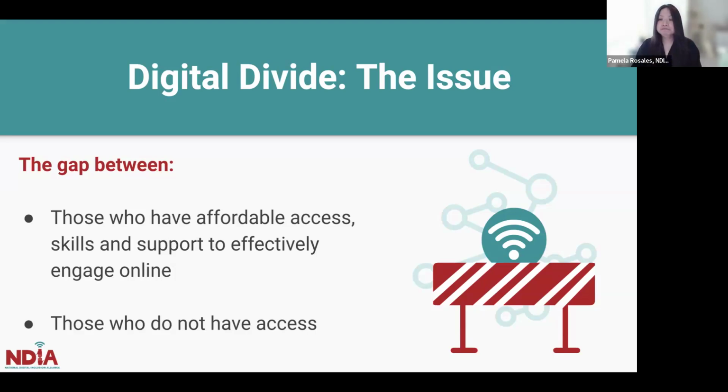And that looks like people having to cut their internet service because it's too expensive, students falling behind in class because they couldn't connect to their virtual classroom or submit or read their assignments, not being able to participate in the competitive job market because someone doesn't own a device or have the essential digital skills to apply for jobs, and communities not having access to connect to the internet because the infrastructure isn't there. So why does this gap exist?